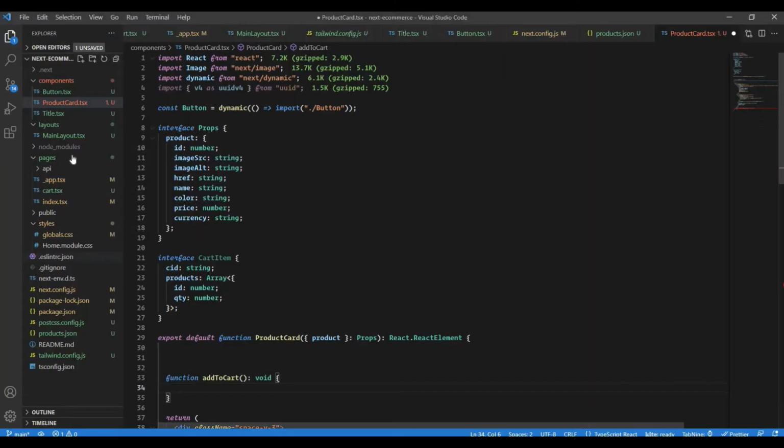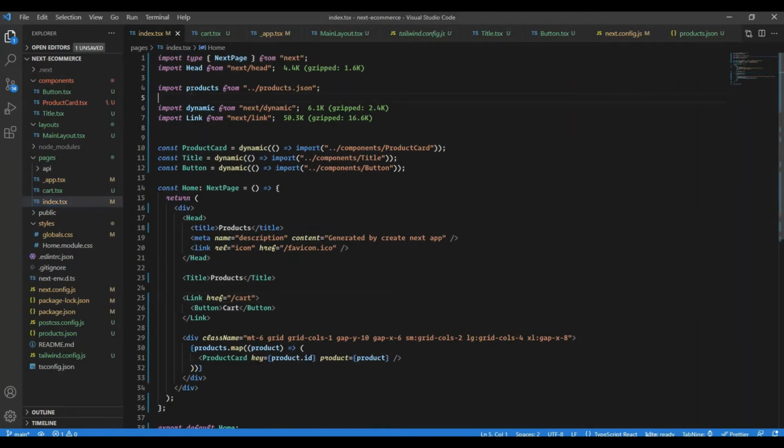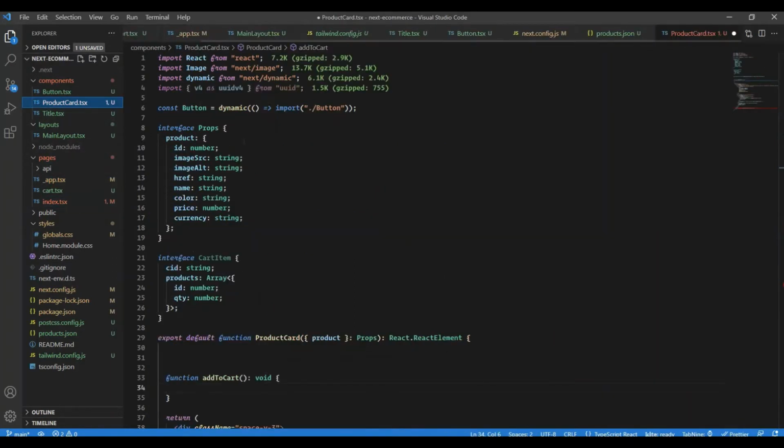So in that case, what I'm going to do is from the index.tsx, this products that we are getting from the index page, I will pass it to the component over here as products. So I'm going to say products, this will be products. Okay, all the products. So that will go to the product card, and inside here we can add it in the props. So the other prop will be